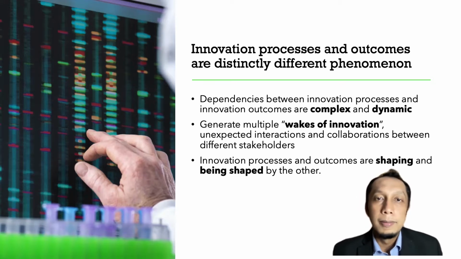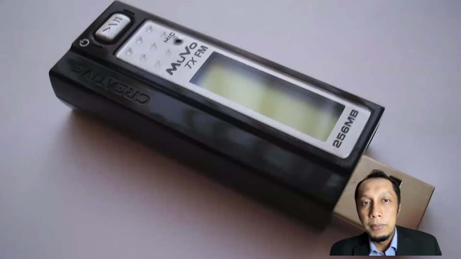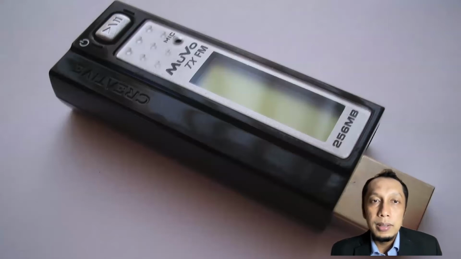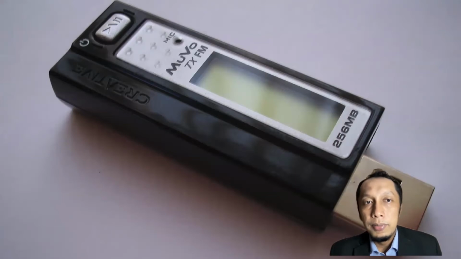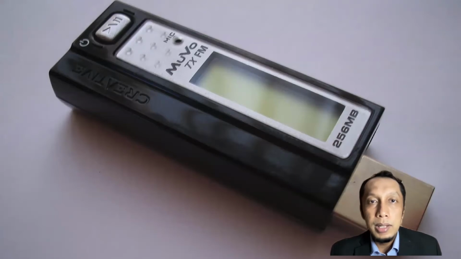This is an example of a gadget that was quite popular back in the late 90s or early 2000s. It is a USB flash disk equipped with a speaker, music player, as well as a small microphone. So you can use it as a music player. You can also use it as a recorder. You can also use it as data storage. But then this kind of innovation was adopted by Apple. They developed the iPod Nano and their ecosystem to be one of the market leaders in the music industry.